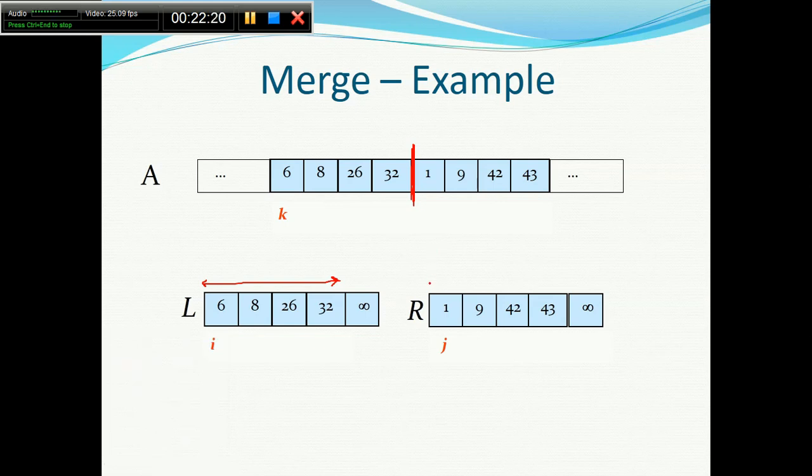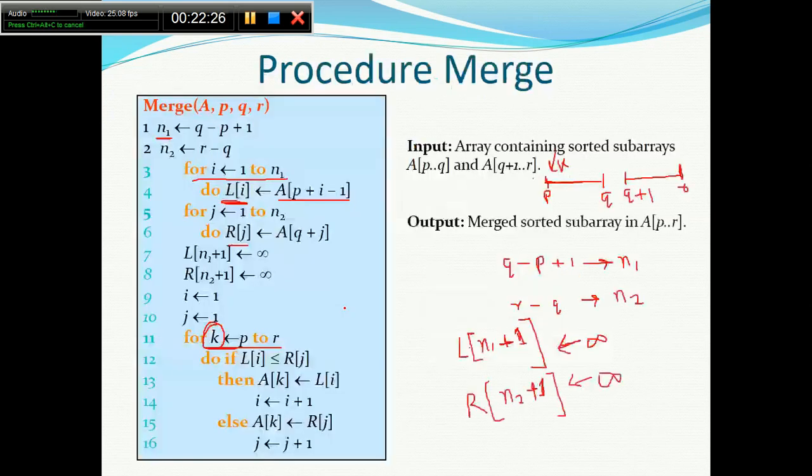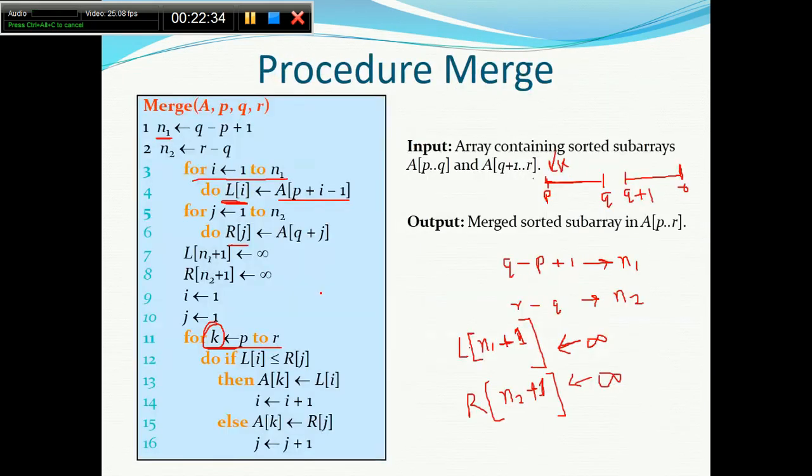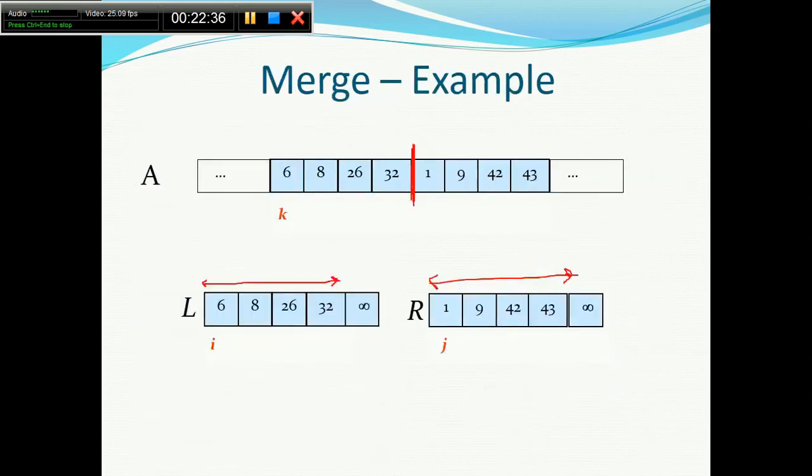Okay, so I copied the second content to the right array here. After this, I added infinity. You can see here it says at 7 and 8 to copy the infinity here, so I copied the infinity at both indexes. Now it says i is equal to 1, j is equal to 1, so i is pointing to this. i will maintain the counter of left, j will maintain the counter of R, and k will maintain the counter of A.